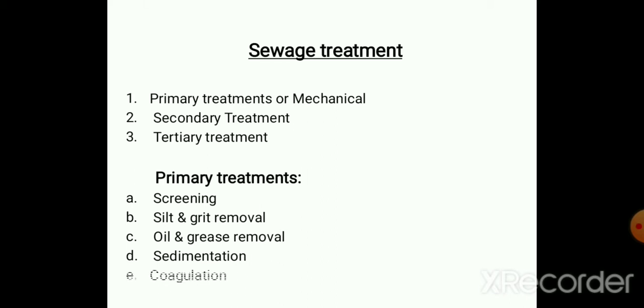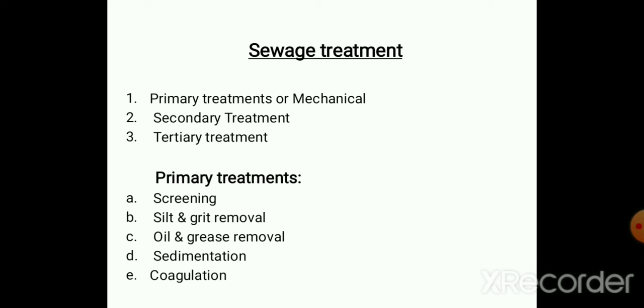So next is coagulation. The coagulation process is nothing but the removal of colloidal particles from the water by addition of certain chemicals, that is known as coagulation. So you might have observed that in some of the villages where they collect river water, in that container they put some potash alum, that is patika we can call, that is nothing but alum, which